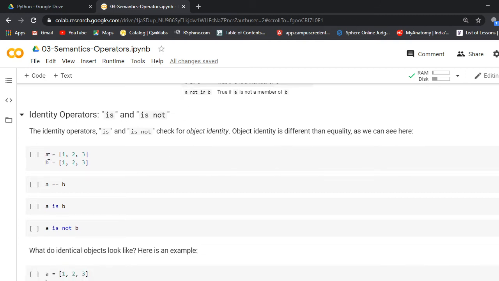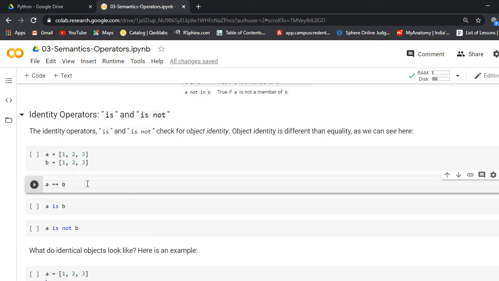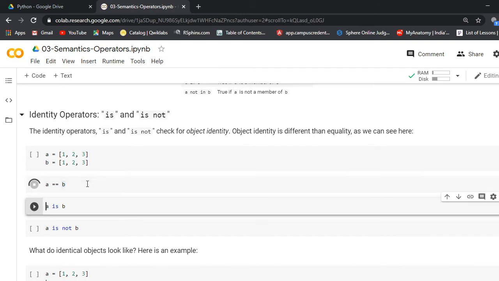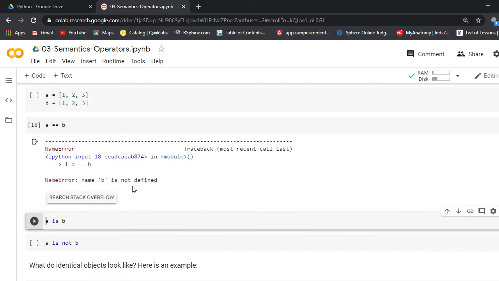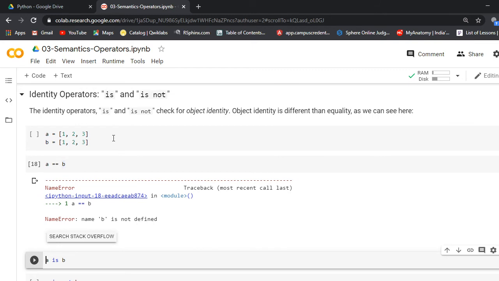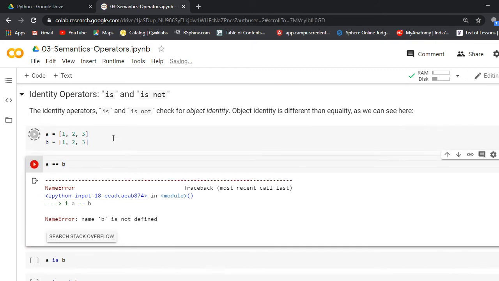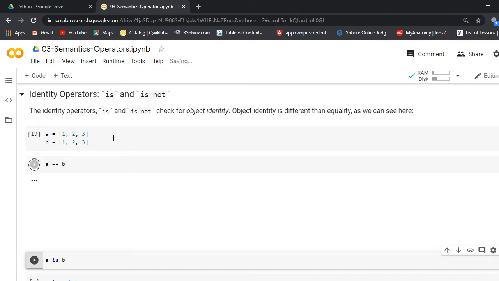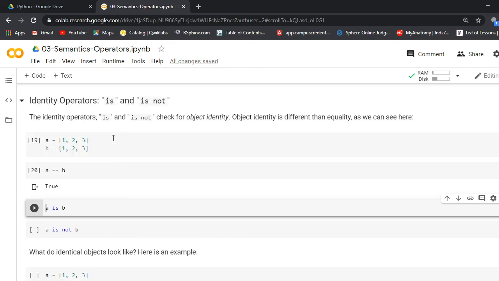Like list a with elements 1 to 3, list b with elements 1 to 3. If we use a equal to b, it will print nothing because we didn't run it here. So first we will run here, then we will run this, so it will print true, like this.